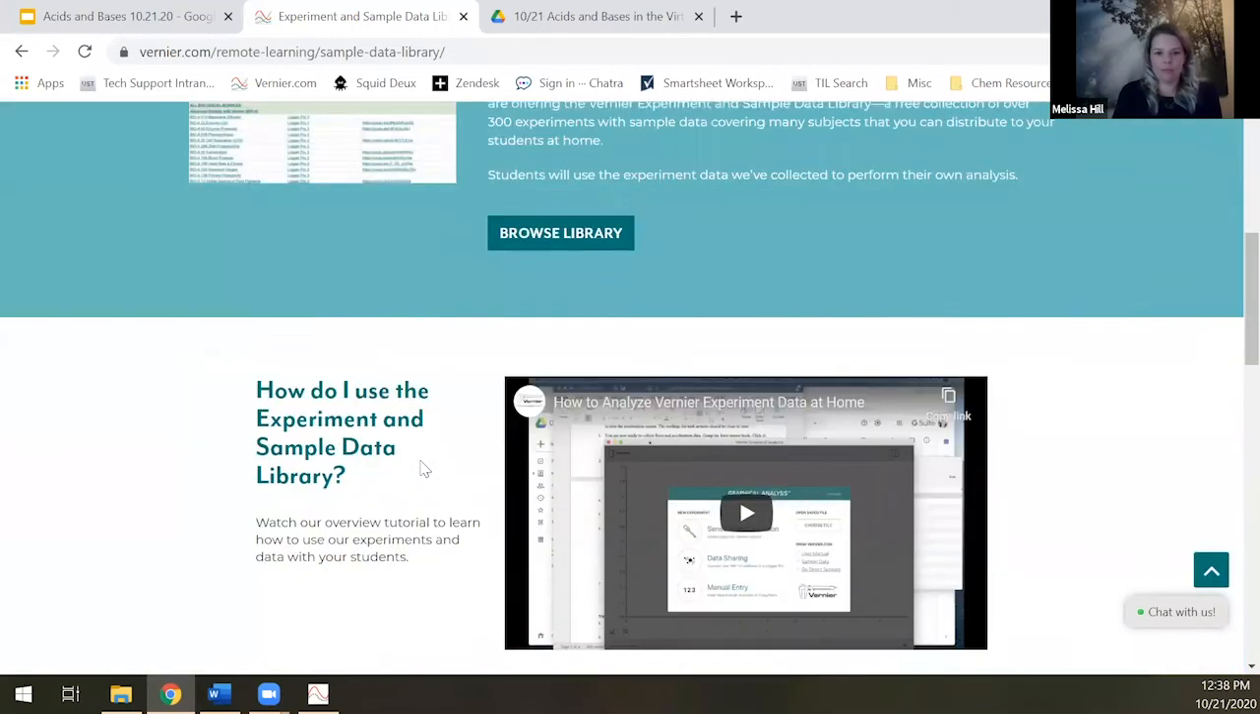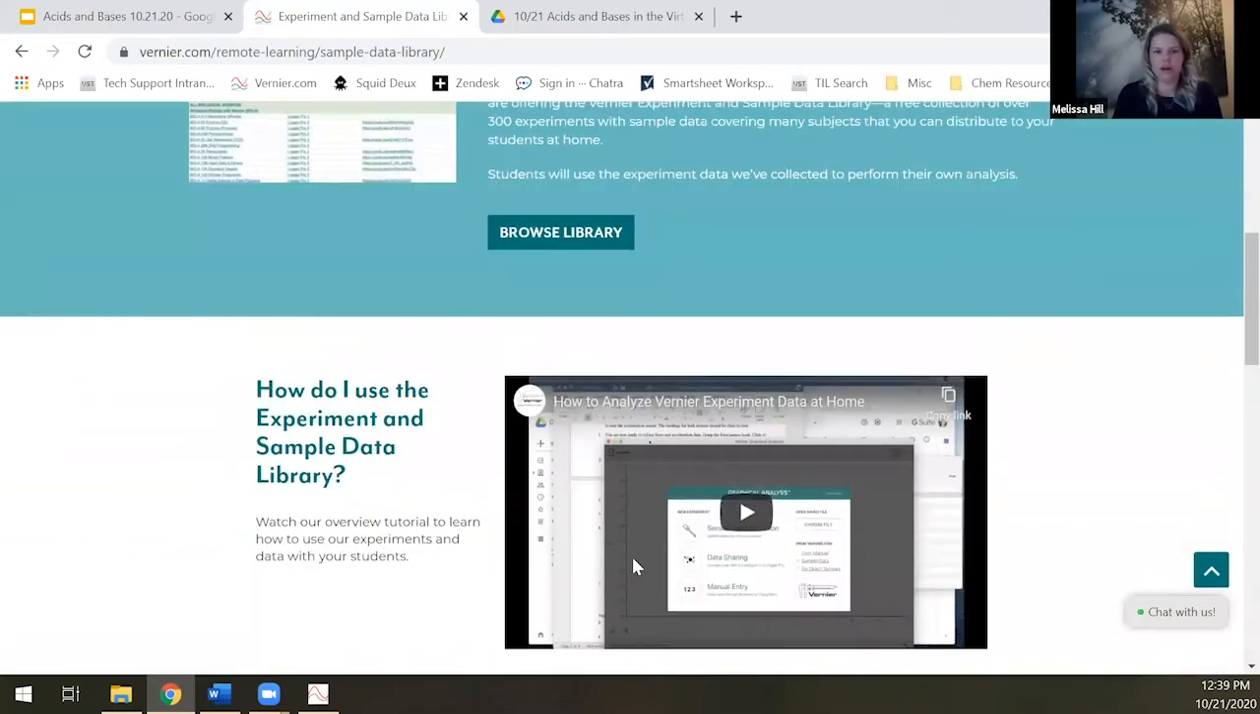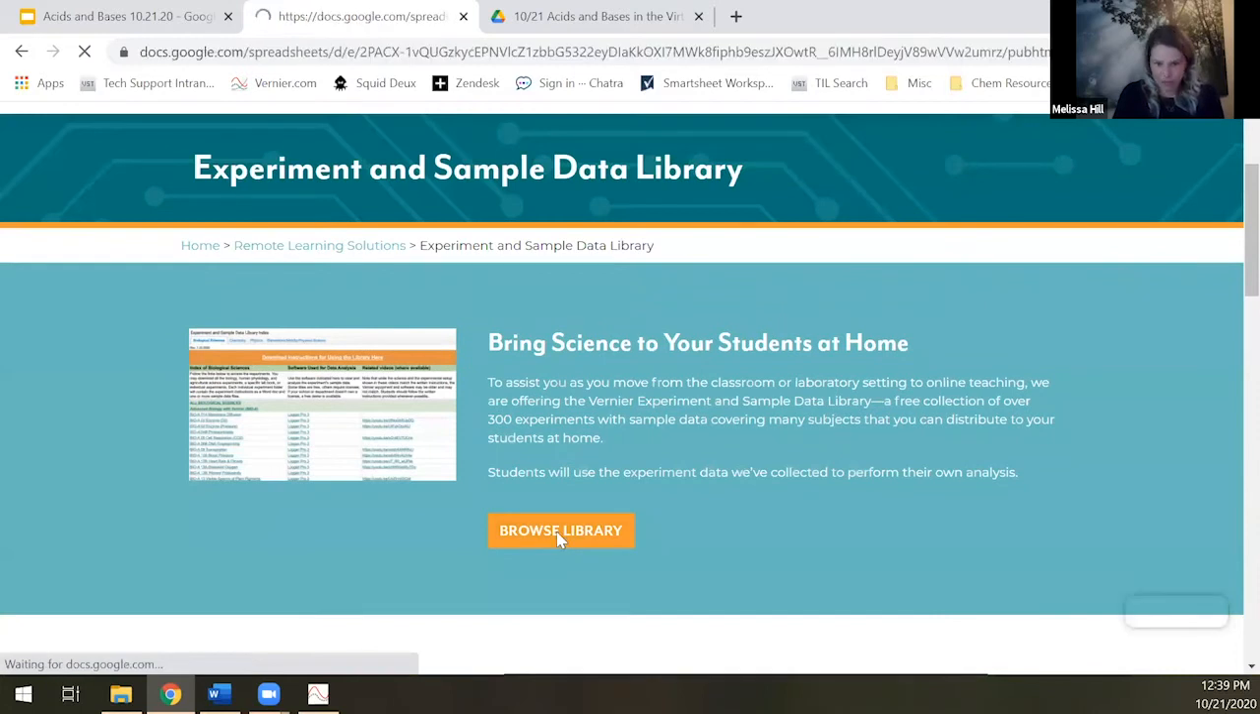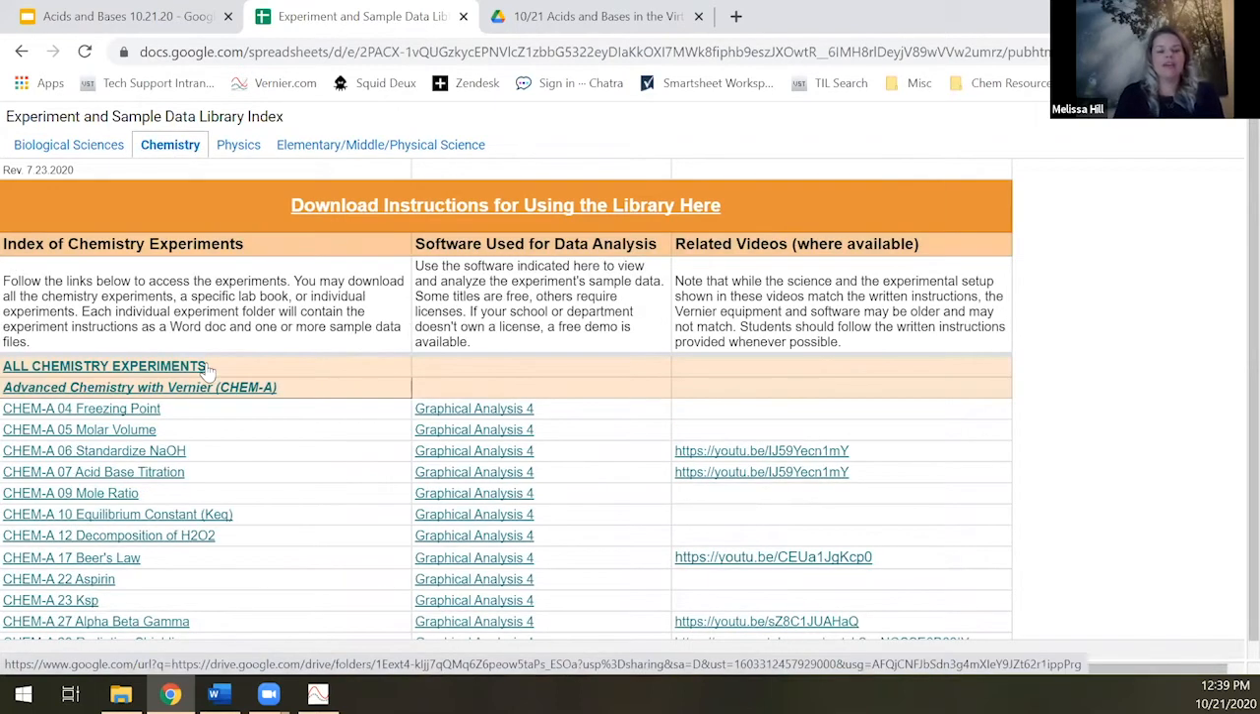And this whole web page tells you how to use this data library if you haven't used it before, but it is a wealth of information. So if I go into it directly, I can see up here, basically I have lots of different options as far as what I teach. I teach chemistry. And then how we've set up this Google, it's basically just a glorified Google spreadsheet,